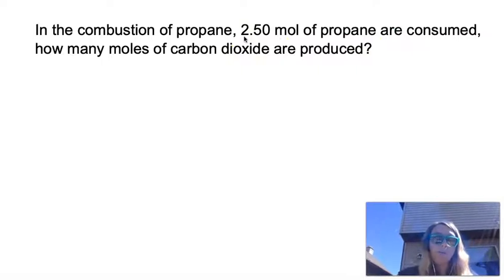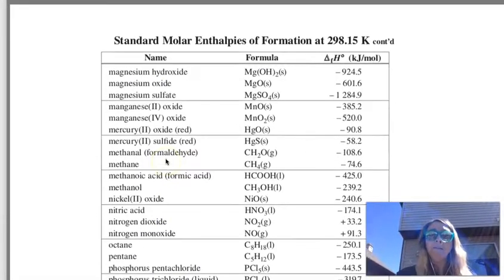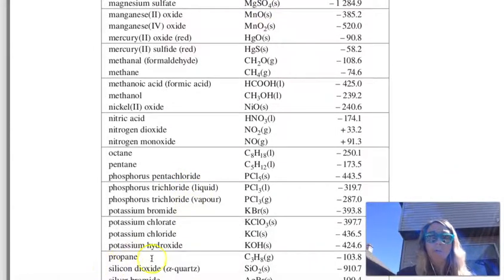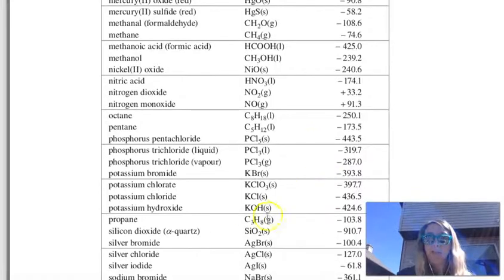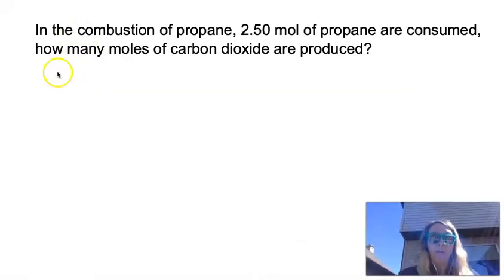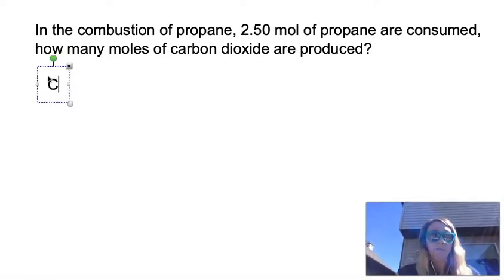So if you ever encounter a chemical like this one where you're like, propane, I'm not really sure what that is, you can go to your data booklet, and pages 4 and 5 of your data booklet have these tables, right, where it has the name and the formula. It's all in alphabetical order, so I can scroll down to propane. Nope, hold on, it's C3H8 gas. So I now know what propane is, so we can do our C3H8